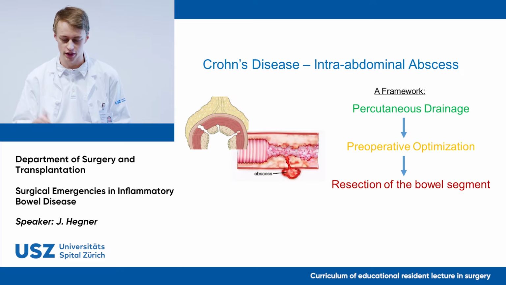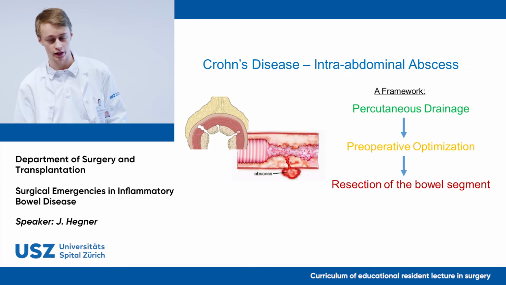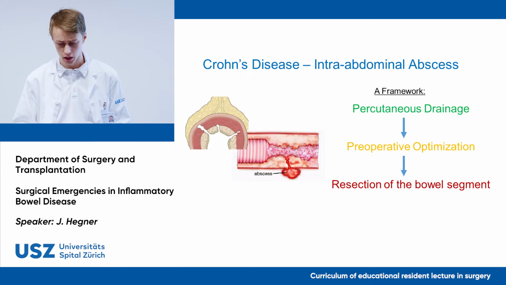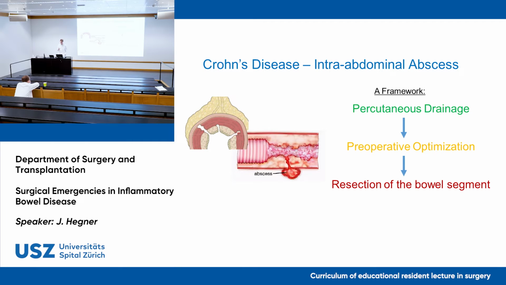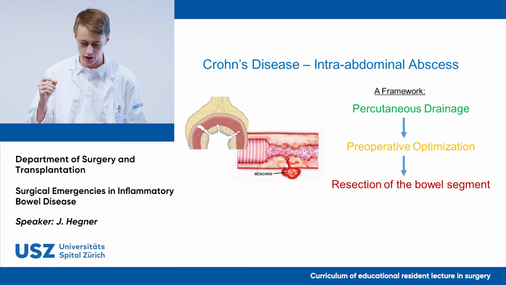Now, following on from perforation, we have an intra-abdominal abscess. The pathogenesis for perforation and an intra-abdominal abscess is quite similar. Both involve transmural inflammation and ulceration. Having an intra-abdominal abscess is actually quite common. Roughly 10 to 30% of patients with Crohn's disease will develop this in their lifetime. The collection itself may lie intraperitoneal, retroperitoneal, and sometimes, rarely, intramesenteric.